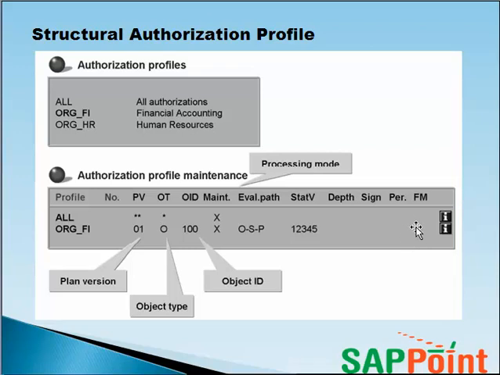In our demos, we will see both. We will enter an object ID and we will also enter a function module for a manager and see if both these options return the same access. Now we'll see what a status vector is in the next slide and depth in the following slide. The sign field: you only use the sign field if you want to create structure profiles that process the structure bottom up.